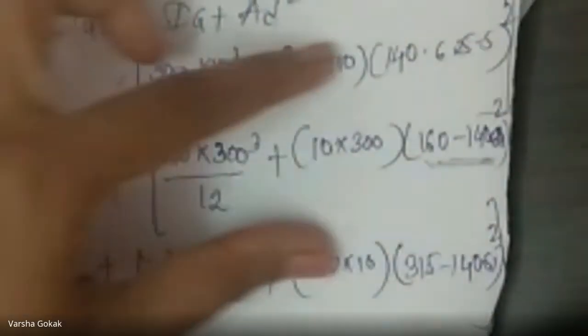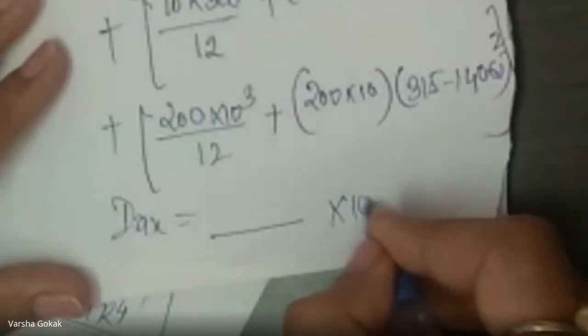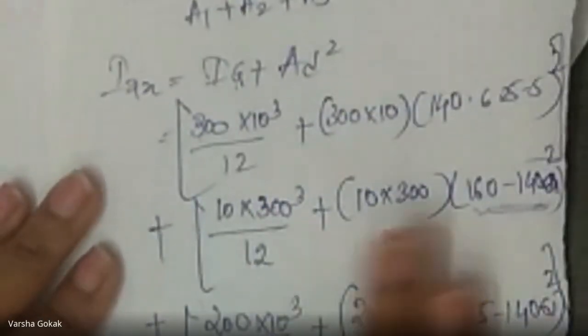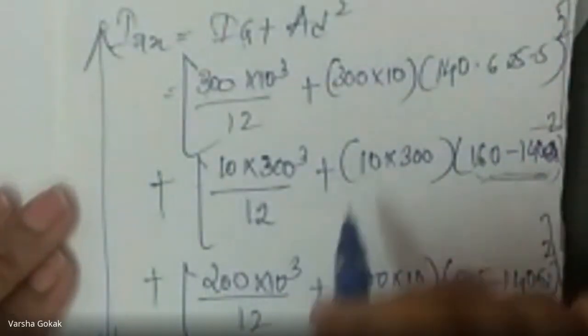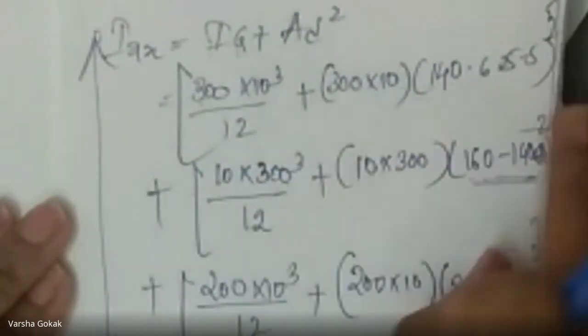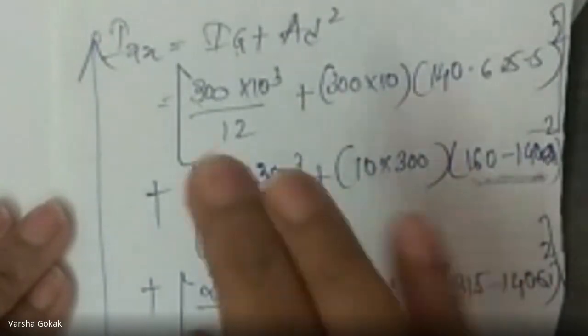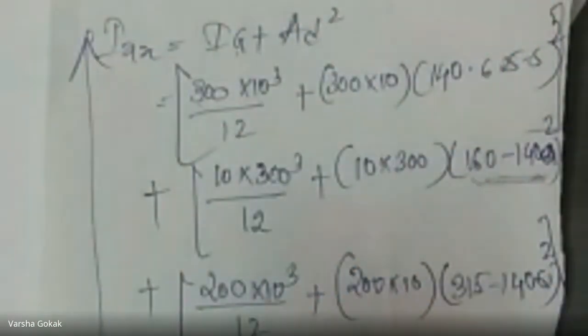When I substitute and add all this, I will get the value of Ixx. You will get it in 10 raised to 6 mm raised to 4. It is a very big number, so each calculation is very important. I will again do the same problem and substitution for Ixx tomorrow. We will continue this same example, substitution and Rx Ry tomorrow. Clear?